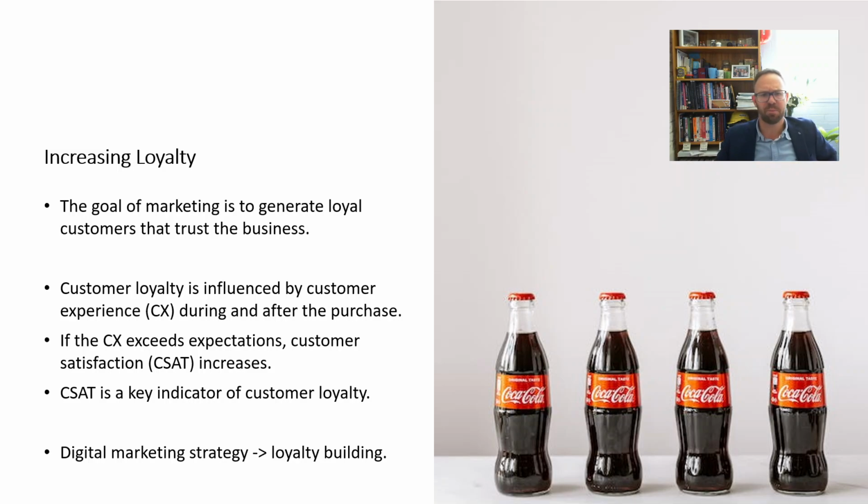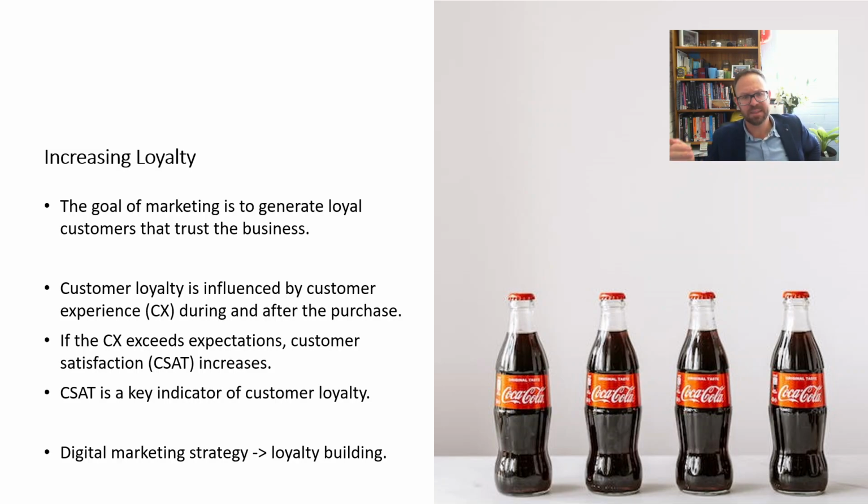But also after the process, because these post-purchase behaviours have a big impact on our likelihood as customers to purchase again. I've got Coca-Cola here because this is one of the companies with the highest brand equity. There's a lot of people that are loyal to Coca-Cola, and that's what they drink. When they want a soft drink, the first thing they think of, and the one they prefer, is Coca-Cola. Right, now, if the customer experience exceeds the customer's expectations, we call this positive disconfirmation, and customer satisfaction actually increases.